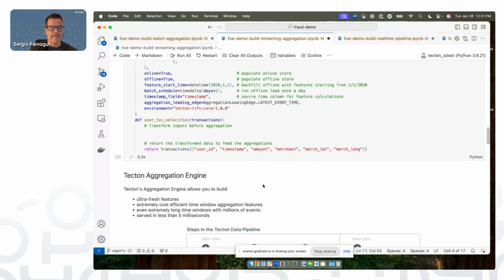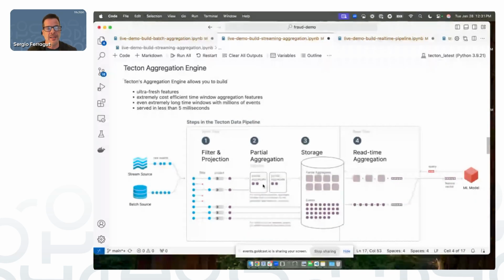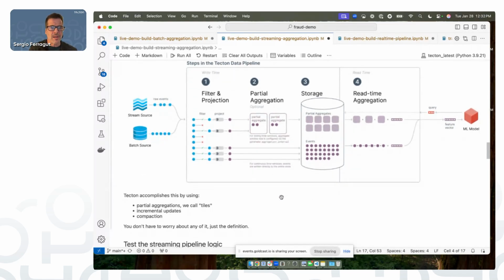up to date automatically. Now, Tecton's aggregation engine is particularly good at generating ultra fresh features, whether they're batch or streaming, and it does so in a very cost efficient way, regardless of how big the time windows are. From minute to lifetime aggregations, that it can include millions of events and still serve them in under 5 milliseconds. The way Tecton accomplished this is by ingesting the data either from stream or batch and calculating partial